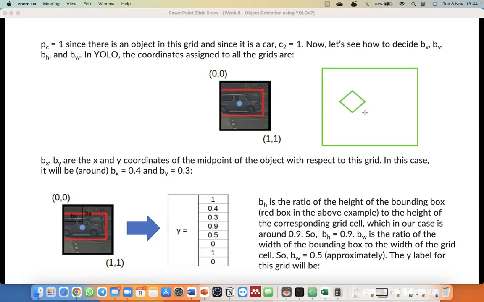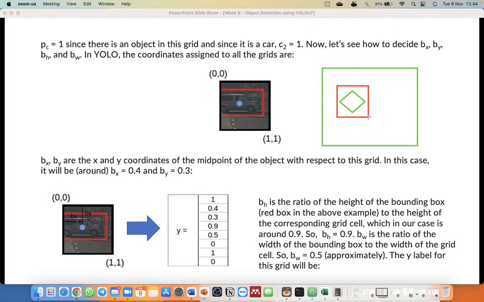Then the first thing we need to do is draw a bounding box, right? This is the bounding box. Let's assume that this is a car. Then we draw a bounding box here.